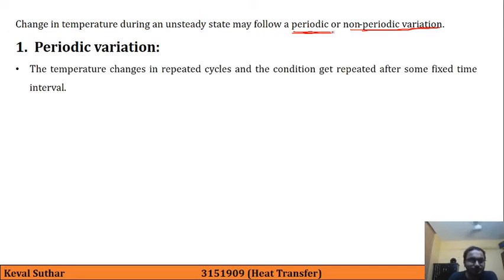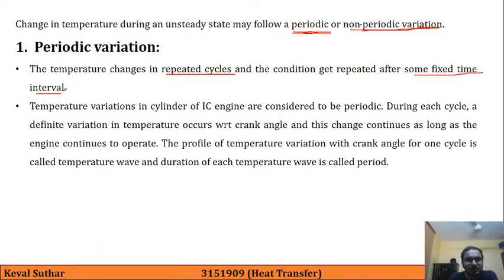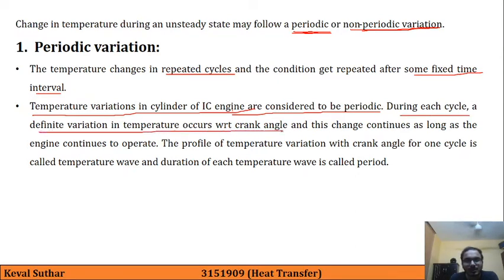Here the temperature changes in repeated cycles, and the condition gets repeated after some fixed time interval. Let us take one example: temperature variation in cylinder of IC engine is considered to be periodic. Why? Because during each cycle a definite variation in temperature occurs with respect to a crank angle, and this change